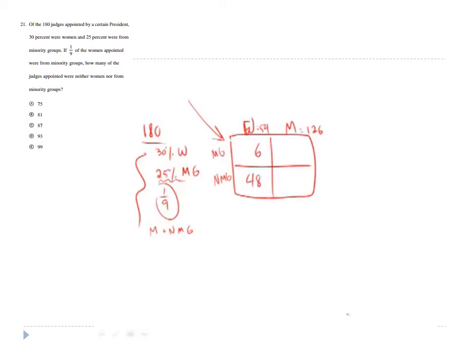Now we can take this next information that 25% were from minority groups. Okay, well that's great because 1/4 of 180 is 45. And so we know that minority groups, this plus this, has to equal